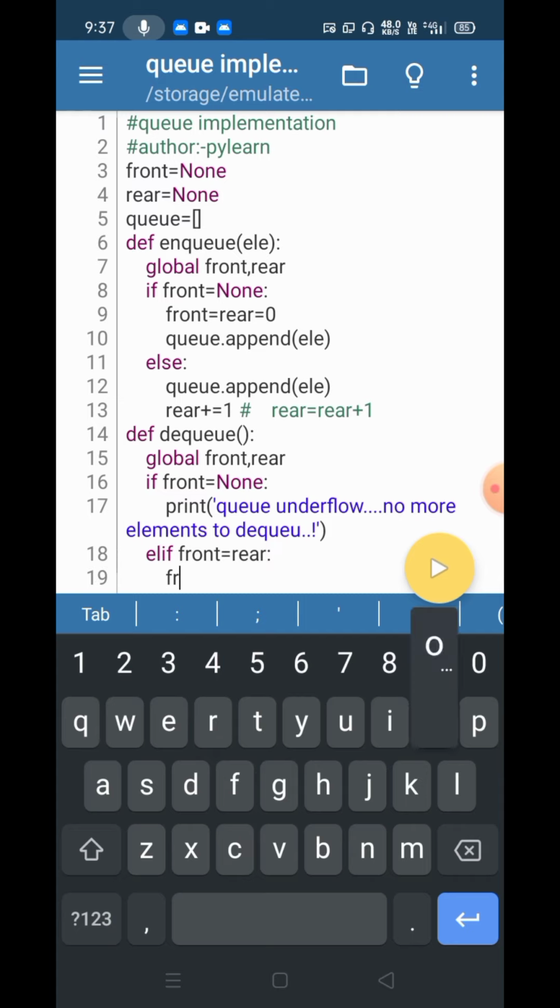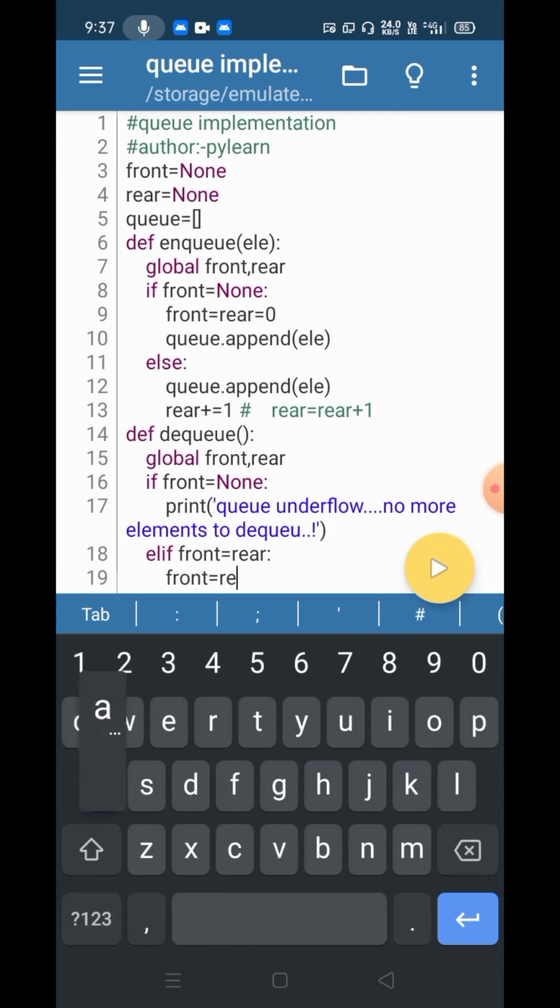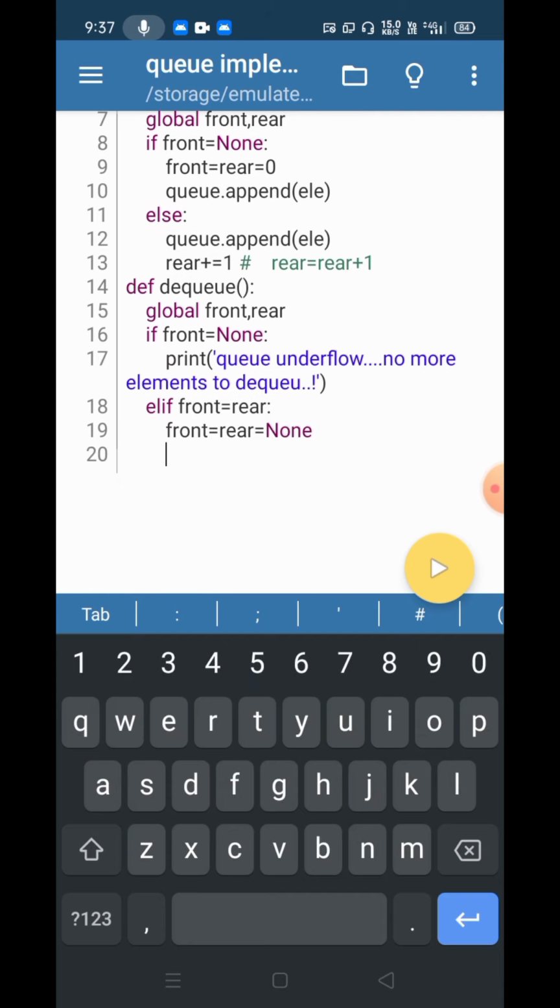So we should make our front and rear both equal to None. So I am changing both into None and removing the element from the 0th index. So I am using a pop function which will take the index. So I am just simply giving 0, and else means there is more than one element.